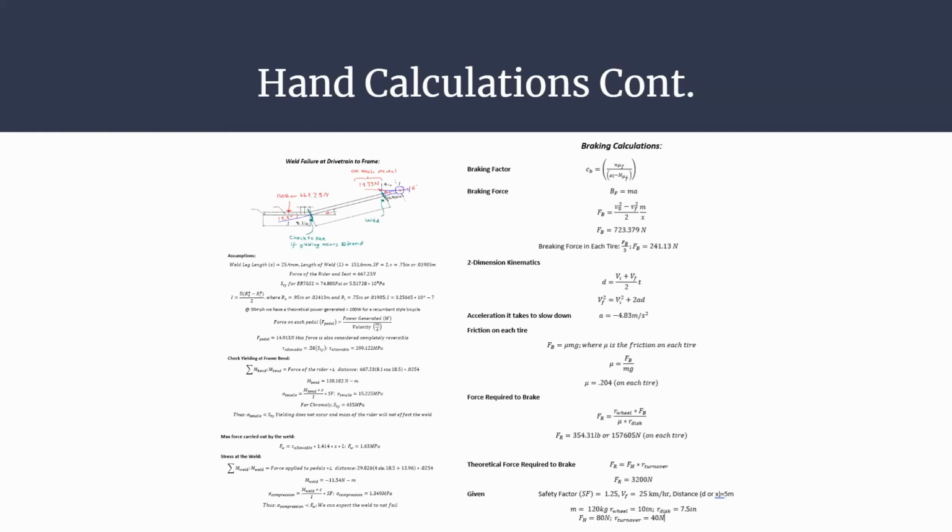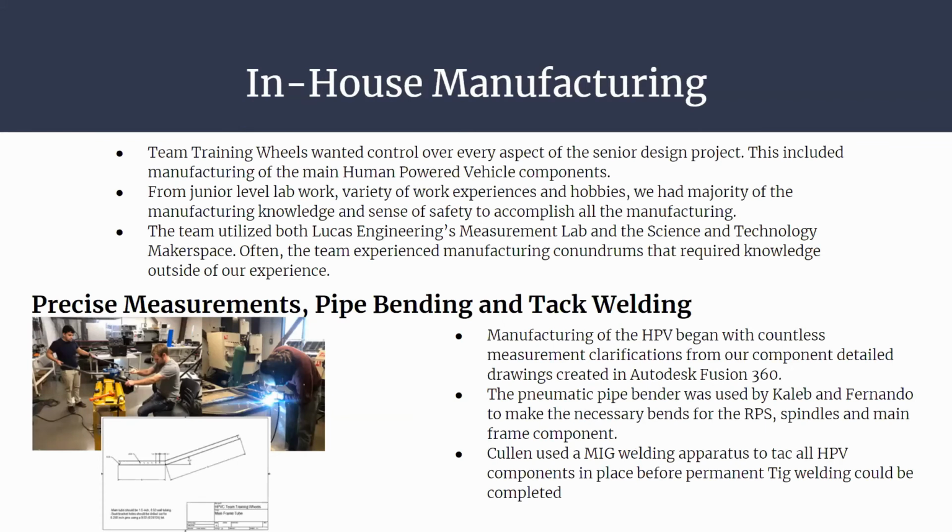So through these braking calculations, it was proven that, with this established force, we were able to stop within 5 meters. So from the beginning, our team had a pretty good idea of what we wanted to do. We were given a bike from last year that we could have used and that we planned to use several